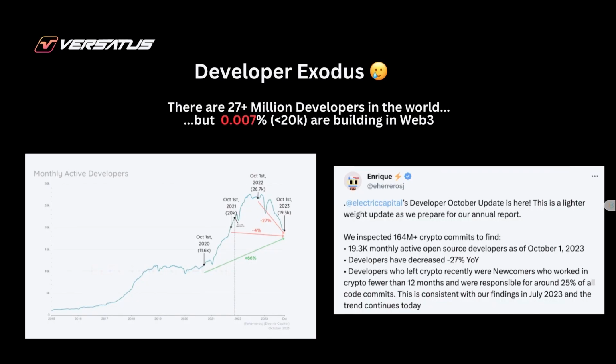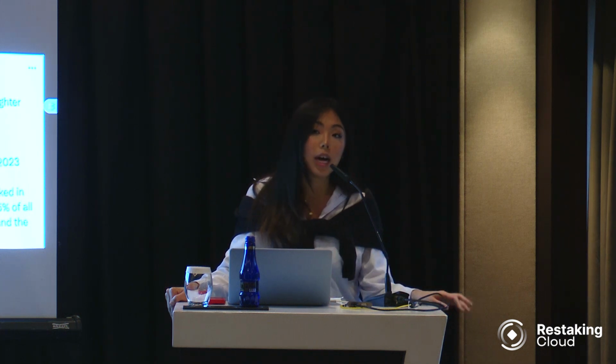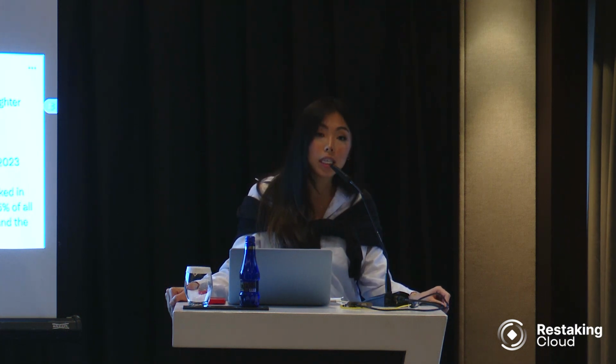So we talked about the valuable aspects that our chain can bring both developers and ecosystems, but we haven't explained why now. We're actually experiencing a really sad developer exodus. You might have noticed there's just less developer activity. This is data pulled from the developer report, which is established by the Electric Capital team, and it talks about how year over year, there has been a 27% decrease in developers.